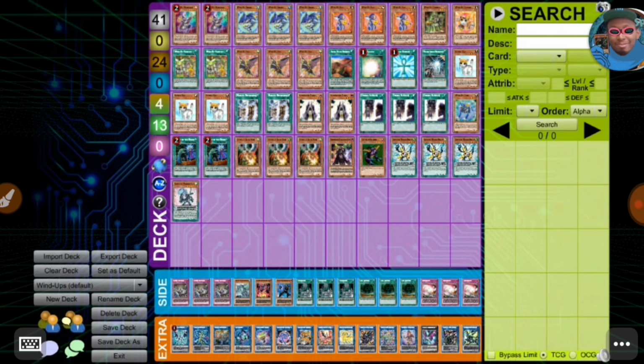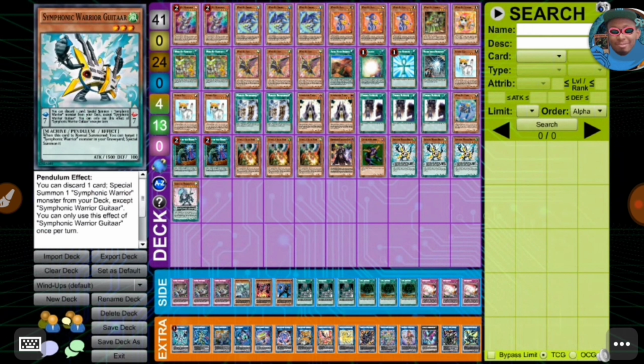So not only was the extra normal summon really good, but the discard was also really good. So what did I replace Nightmare Goblin with? Well, I got a Symphonic Warrior package. Now, I do want to find space for a second Mics